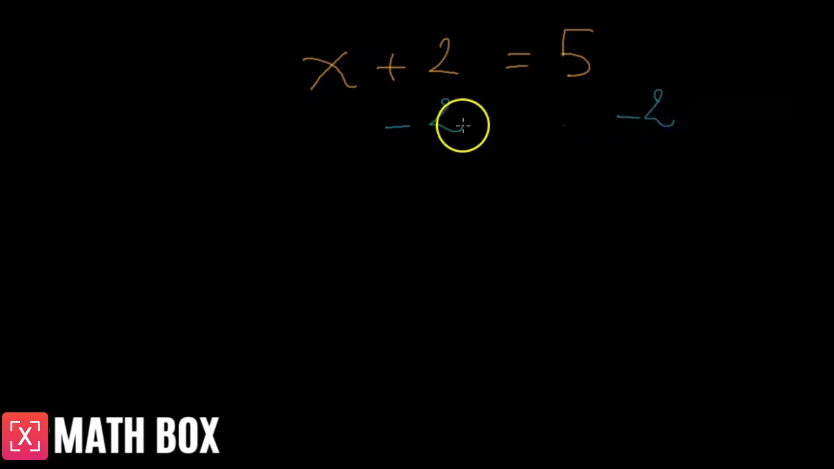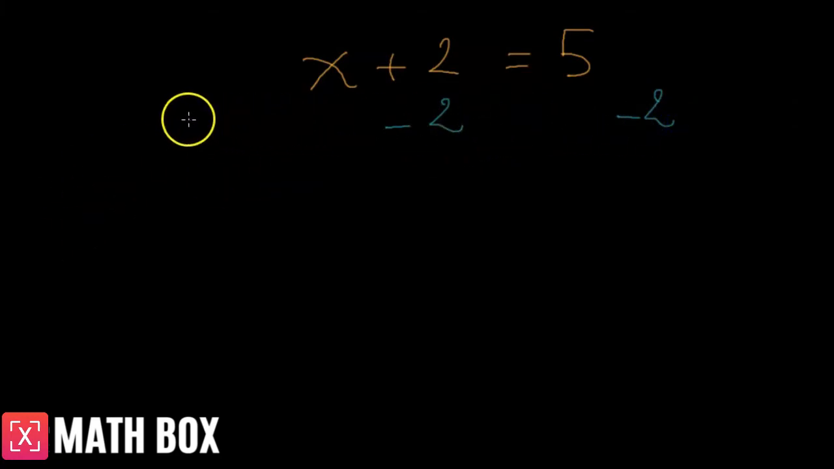We solve x plus 2 equal to 5. So what we do here first is we subtract the 2 to get rid of the 2. It's going to be minus 2 on both sides, minus 2,